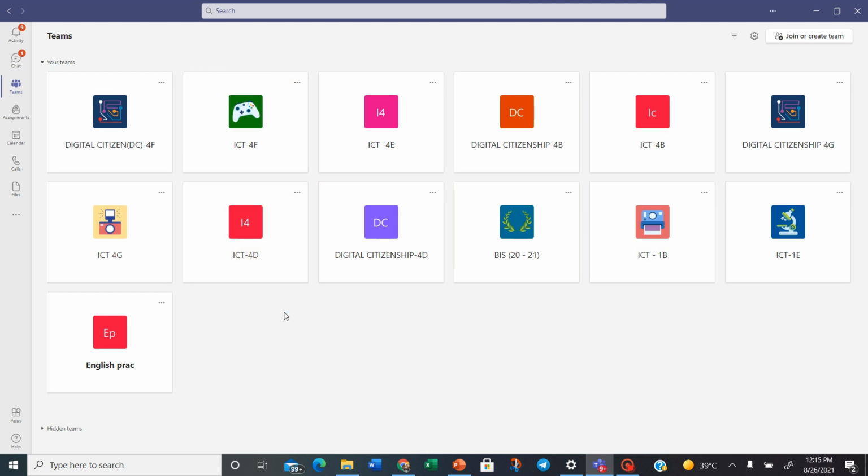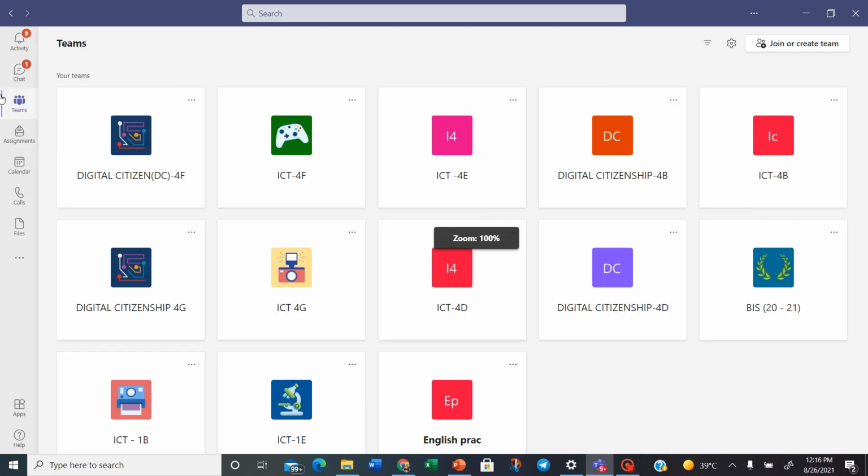At the corner here, you can see the activity feeds, chat, Teams, assignments, calendar, calls and files. To check your Teams, you need to click on Teams button. This button. Once you click on Teams, you'll be able to see all the different teams that you are added